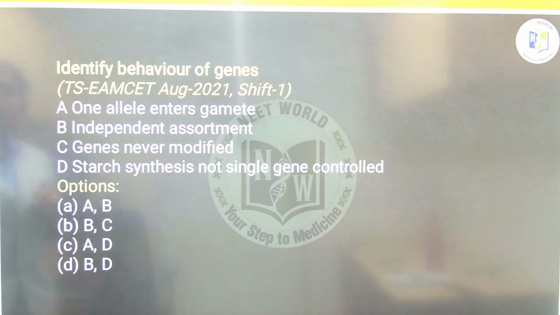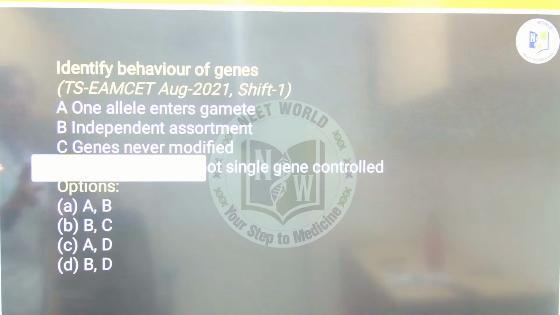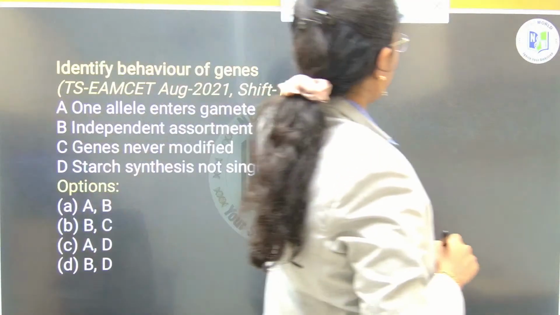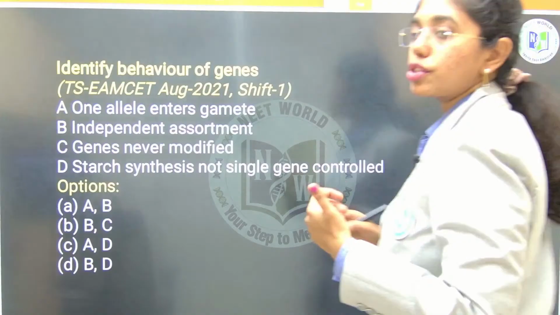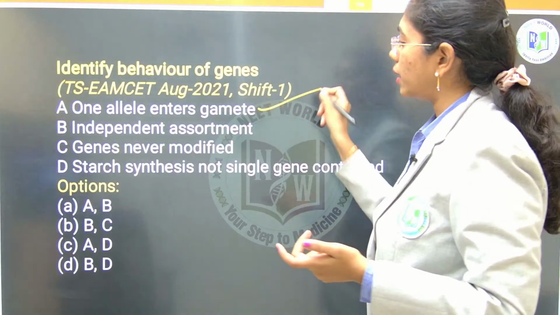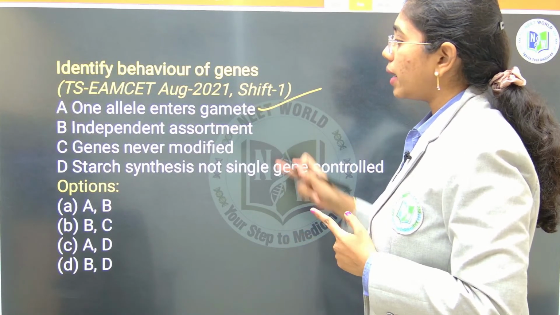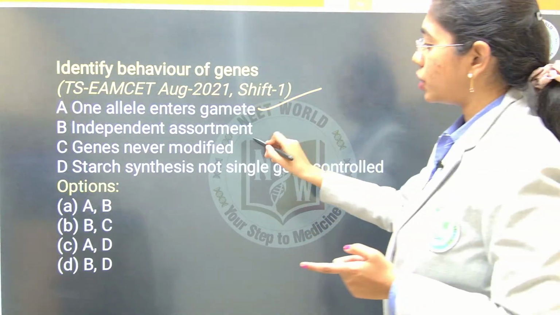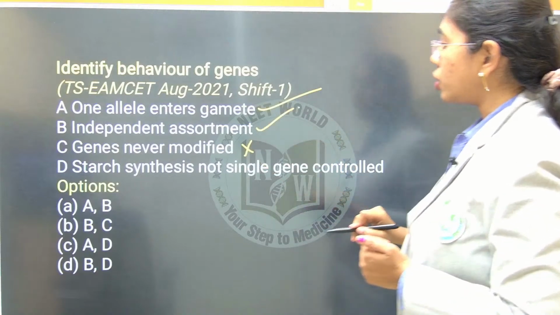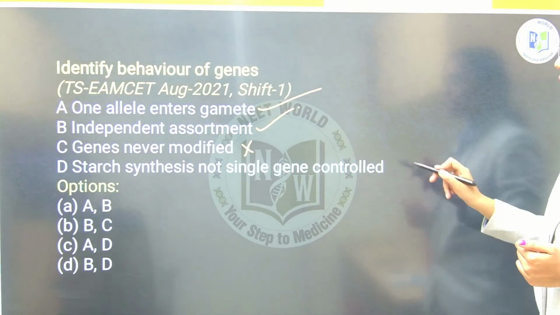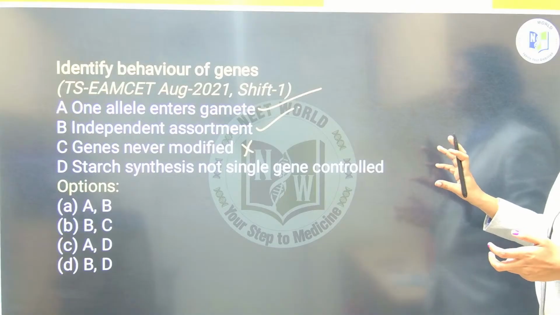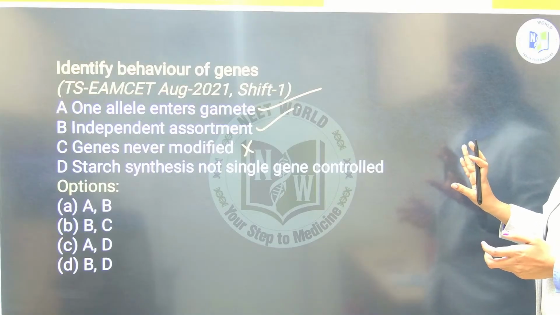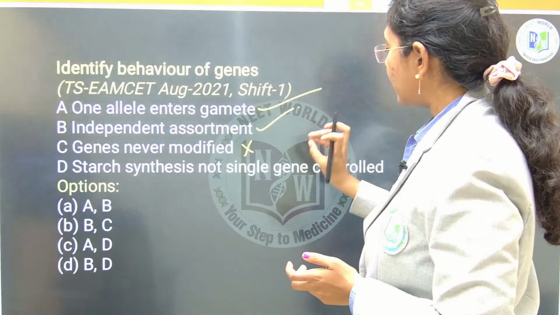Identify the behavior of genes. Gene behavior we have to identify. One allele enters into each gamete. That is true. One allele enters into one gamete. True. Independent assortment is observed. Genes never modified? No, modified genes are present. Starch synthesis is not single gene controlled. Yes, it is controlled by